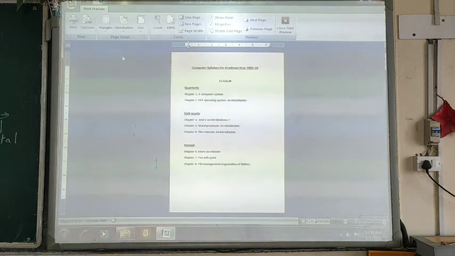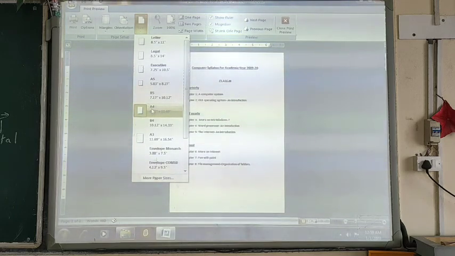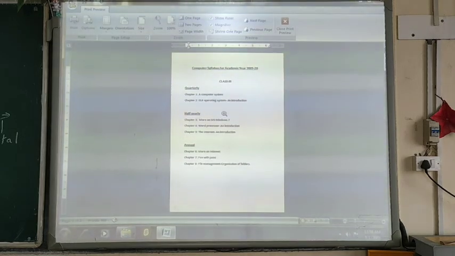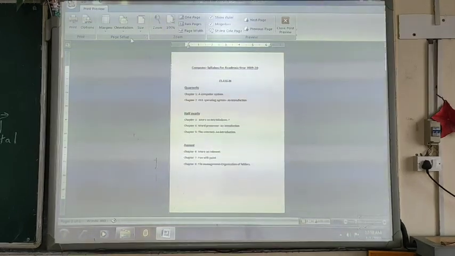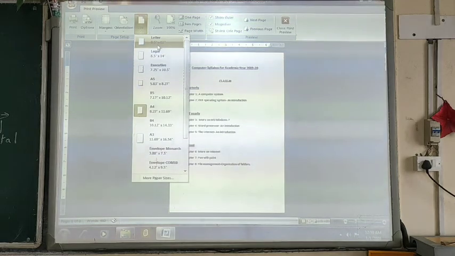The size of the paper has been changed. Clear? Now you can see the paper we have selected is A4 paper. For each different category of paper size, there is a predefined width and height of the page.